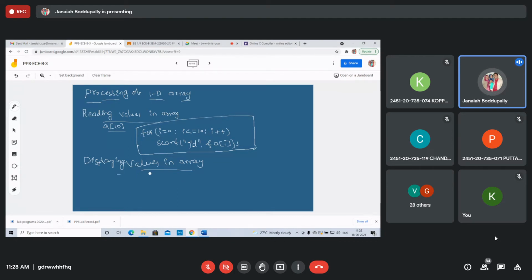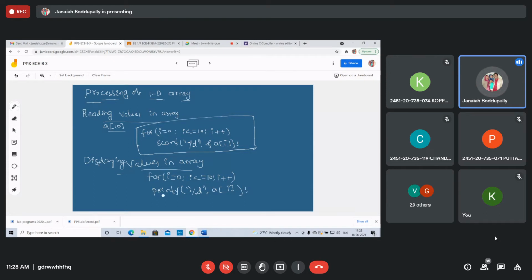With this one-dimensional array, one single for loop: I equals 0, I less than 10, I plus plus, printf("%d", A[I]).